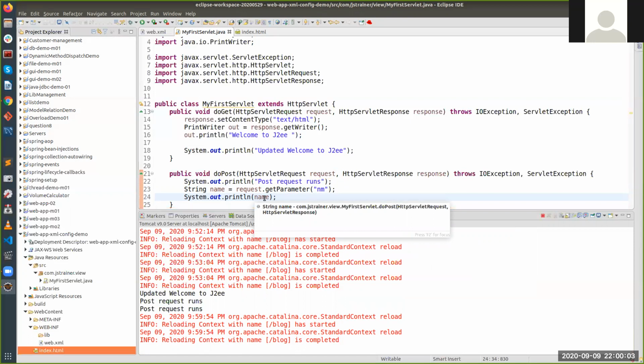So whatever you want to do, you can do it over here, right? But all these things will be seen in upcoming sessions. We have to basically understand how a servlet works and how I can run it, the get and post methods today, right? So this was the post method.